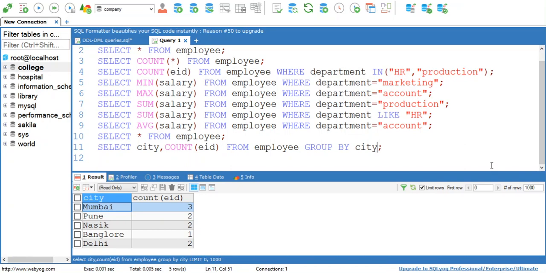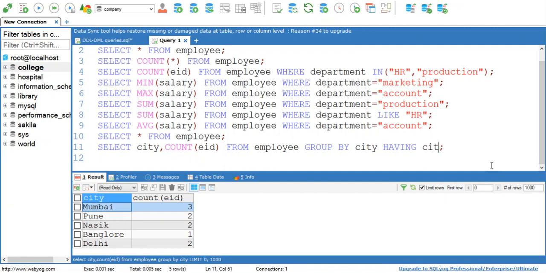In this group by clause you can give condition also. I want to count number of employees from Mumbai and Pune city only, so I can simply give condition like this: select city, count ID from employee group by city having. Here in group by clause, if you want to specify condition, then you cannot use where clause. You need to use having clause.